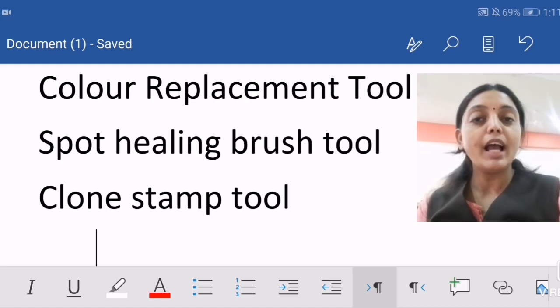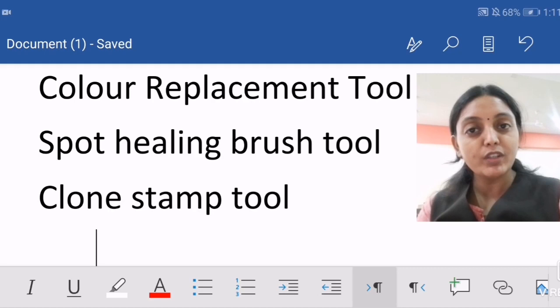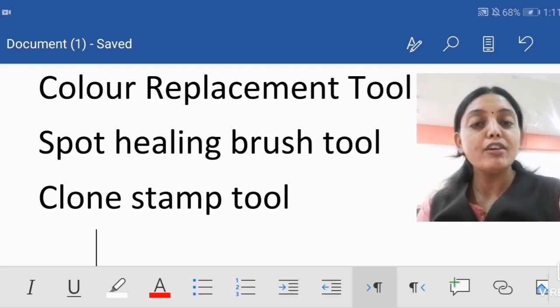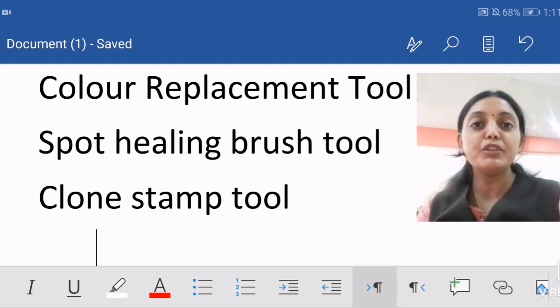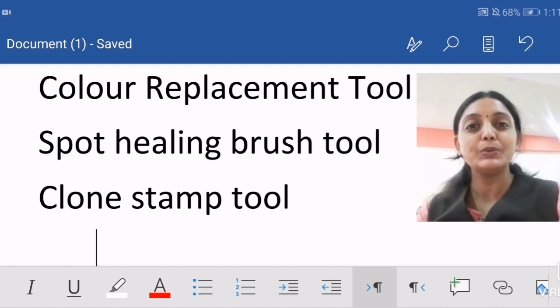Otherwise, if you have a straight line which should be removed, we just click at one place and drag the mouse over the line. The full line has been removed using this spot healing brush tool.